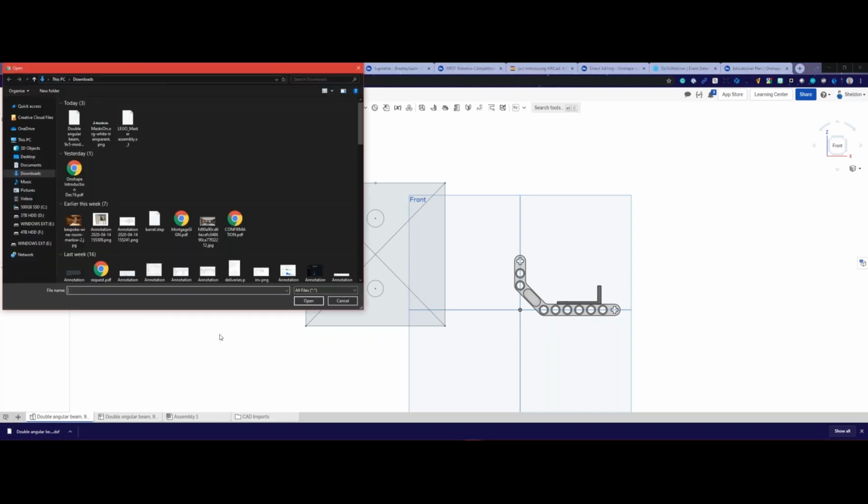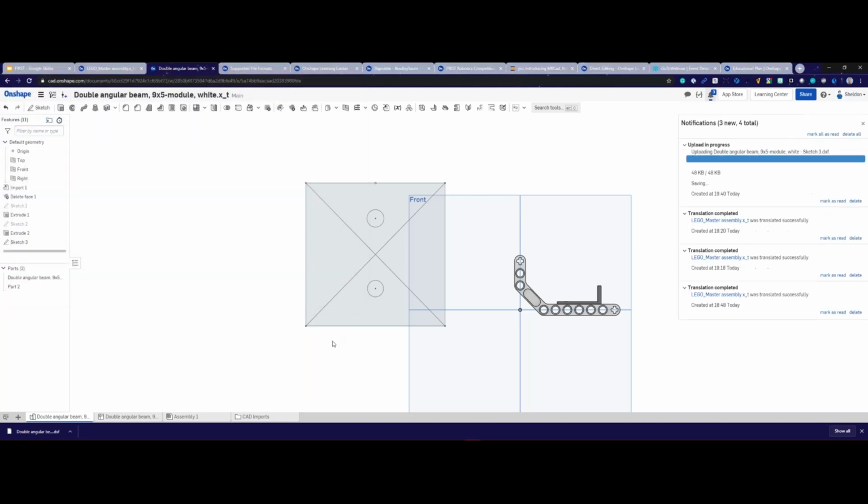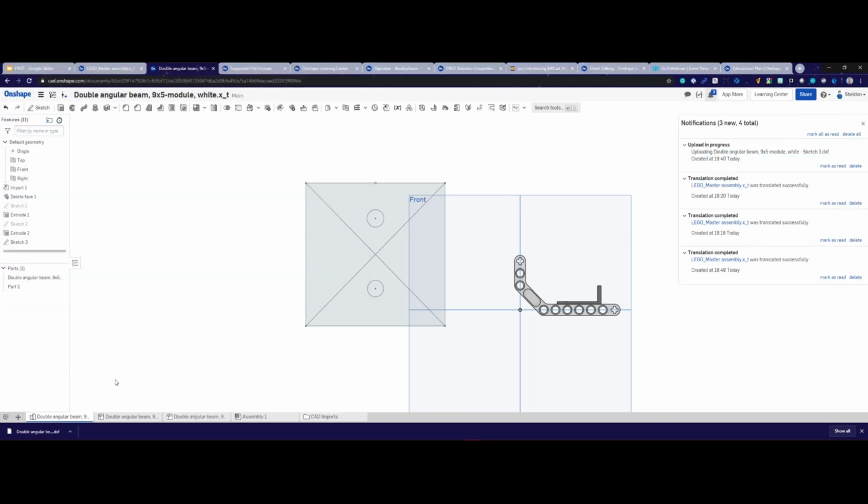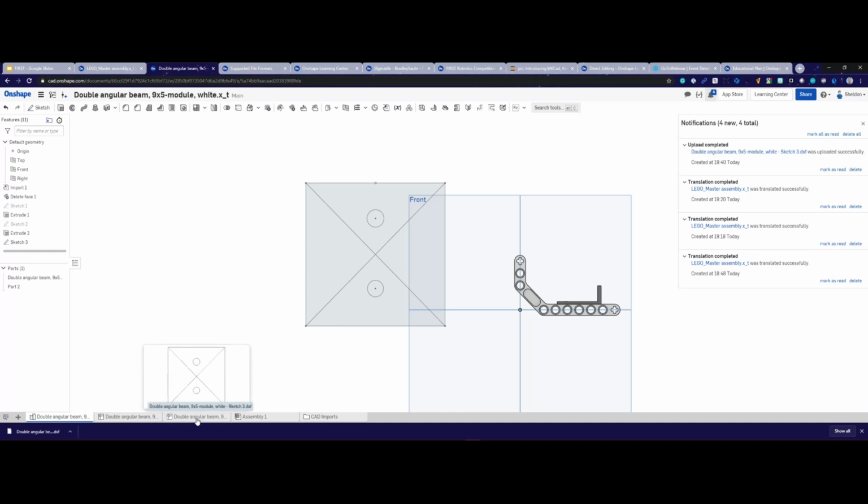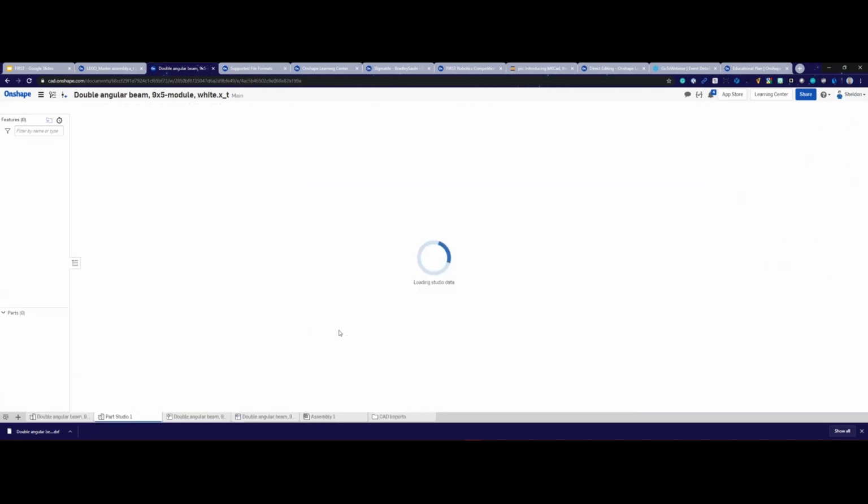Hit the plus sign to re-import it. And we're gonna hit the ground running. We now have that DXF file brought in. Again, it's the same one I just created there. We can kind of see the preview of it there. And now when I go to any other Part Studio,